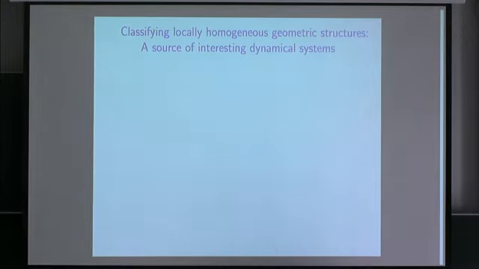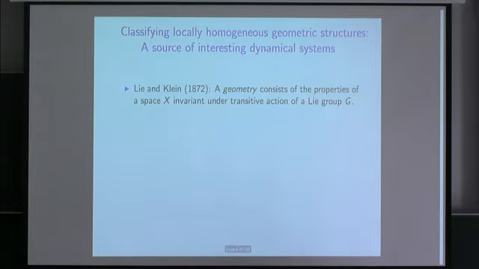So the motivation, as I mentioned, is classifying geometries on manifolds that are modeled on a fixed kind of geometry. So for example, a Euclidean structure is a geometric structure modeled on Euclidean space and with coordinate changes lying in the group of Euclidean isometries. So following the Erlanger program of Lie and Klein, a geometry will be basically a homogeneous space of a Lie group by a closed subgroup.